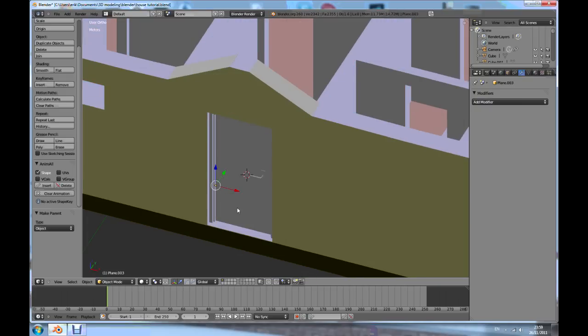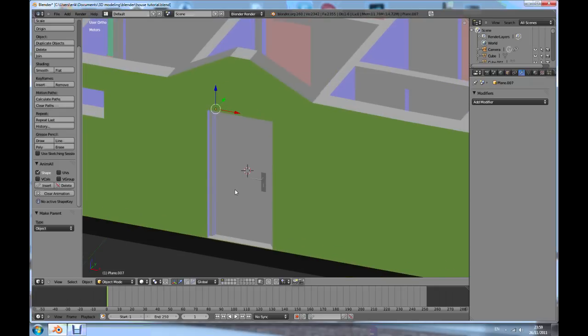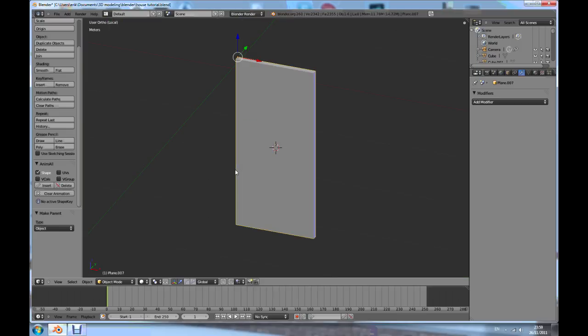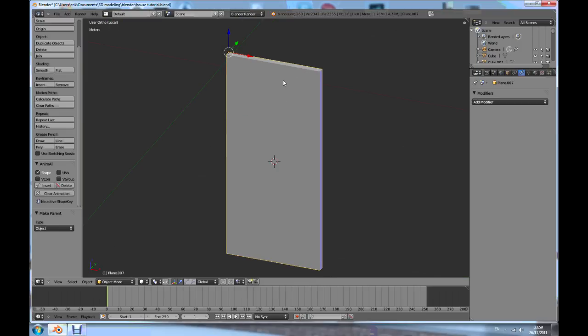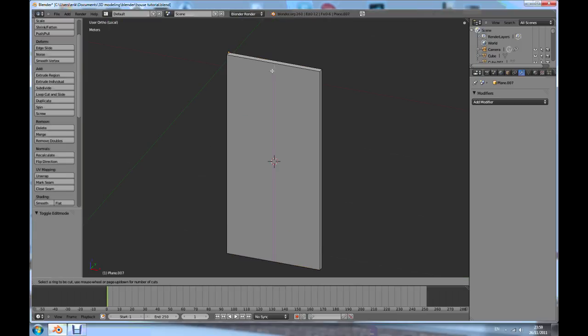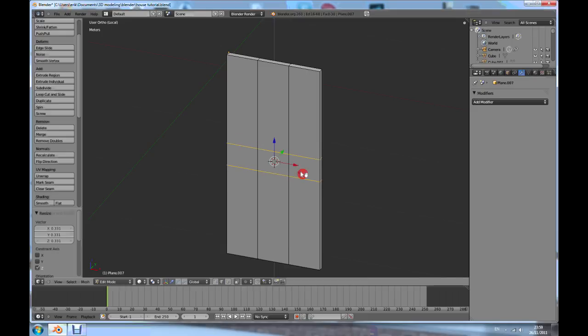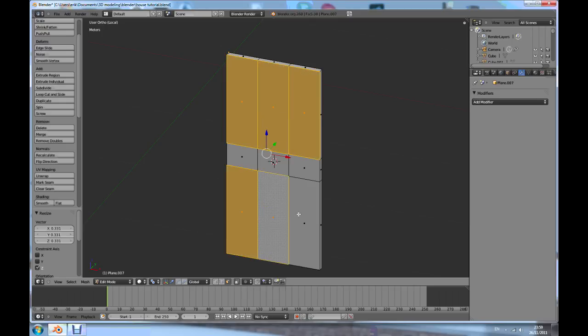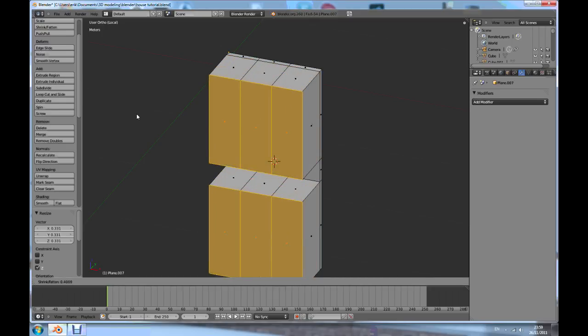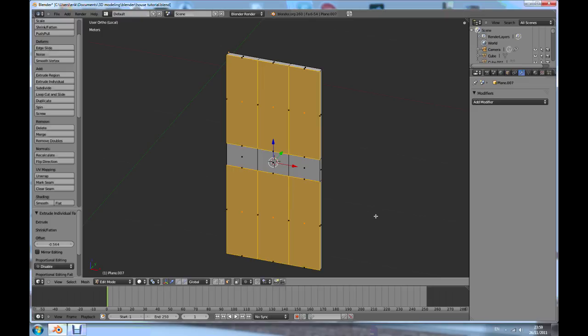Another thing, maybe if you like just a flat door, that's all you need, but in case you want to make it look more detailed, just select the door panel, press slash, and now tab to edit mode, Control R, add 2 loop cuts here, Control R, add 2 loop cuts here, S, Z, scale along the Z. Now go to face selection mode, change the pivot center for rotation and scaling to individual origins. Select 1, 2, 3, 4, 5, 6, press extrude individual, right click to cancel, S to scale,